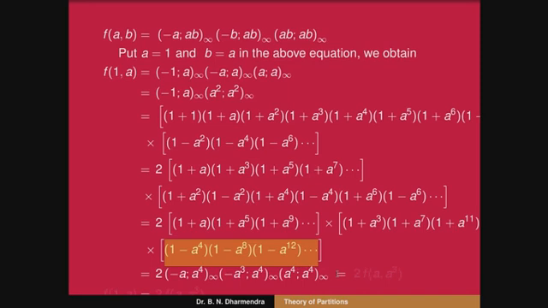So you can write the terms of that as 2 times f of a cube. Therefore, f of 1 comma a is equal to 2 times f of a comma a cube. So this is the second result. And also the next one, we have to show that f of minus 1 comma a is equal to 0, in the terms of minus f of minus 1 comma a is equal to 0.